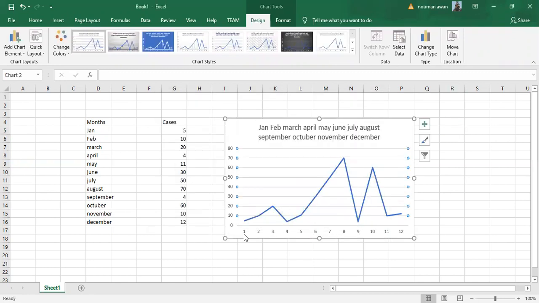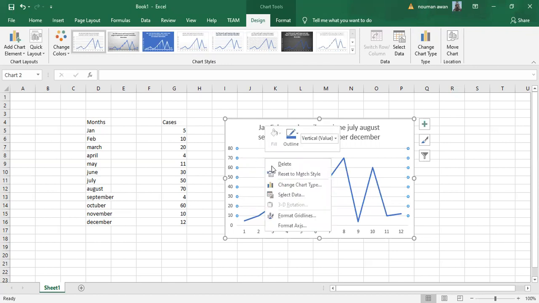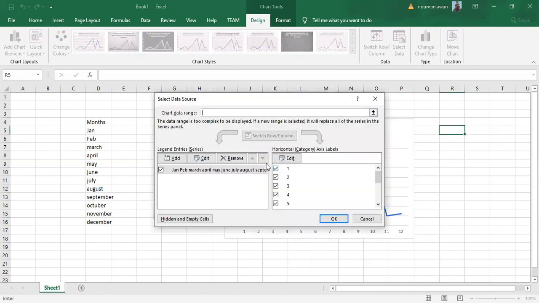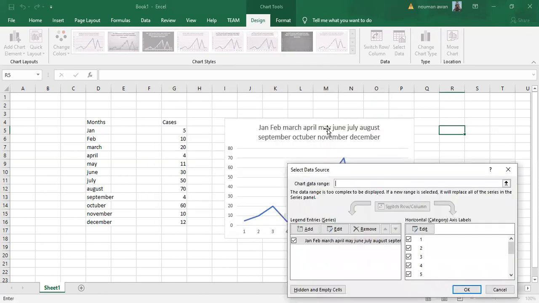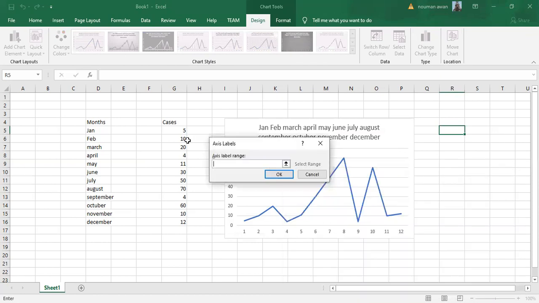Now this is the graph. This is varying from 5 to a maximum value of 70, which can be seen with the x and y axis from here. So we can also select data and add data from here. Right click, Select Data. Now we want to see the months on the x-axis. Okay, we will edit it from here, Edit, and we will select the months. These are the months which we require on the x-axis.